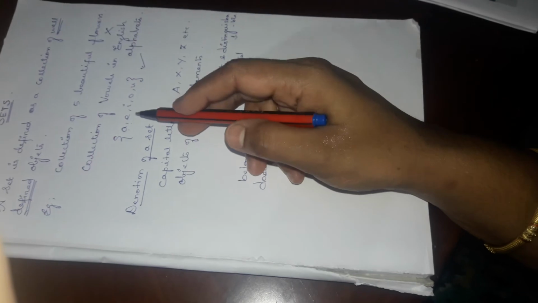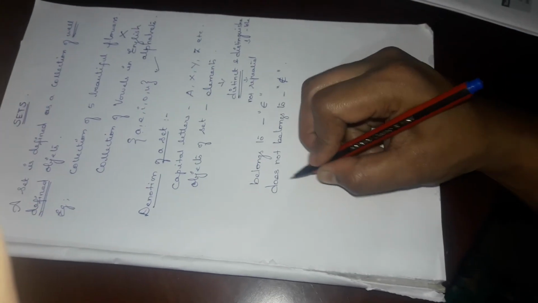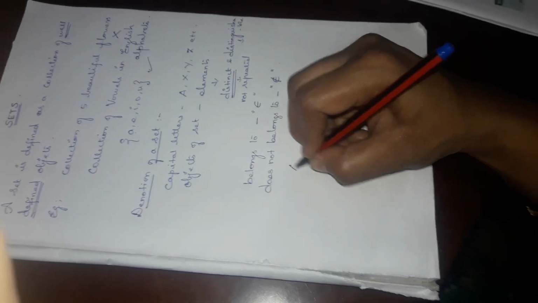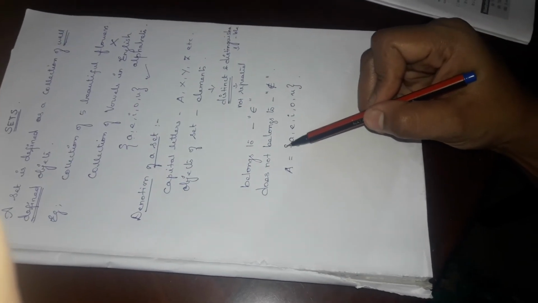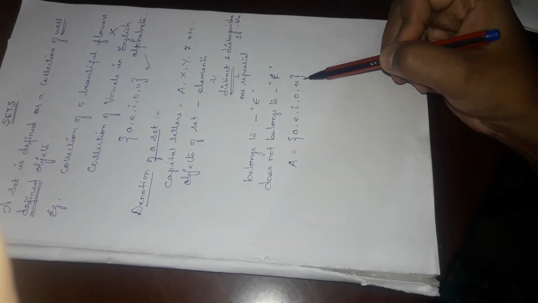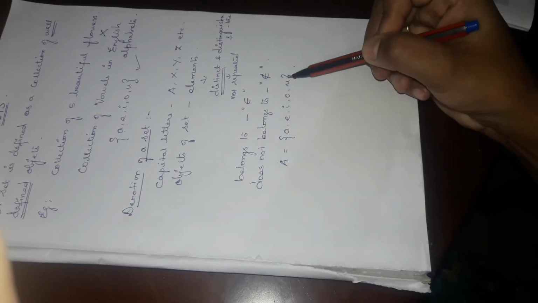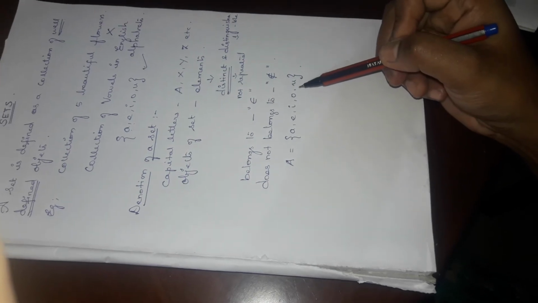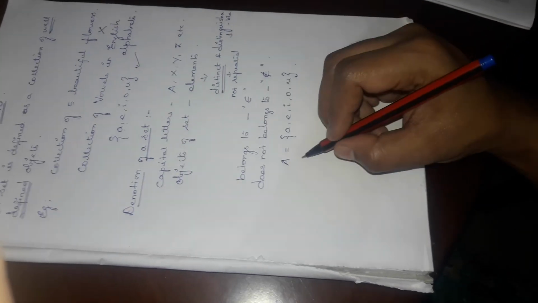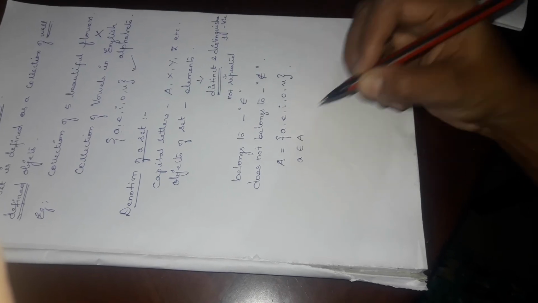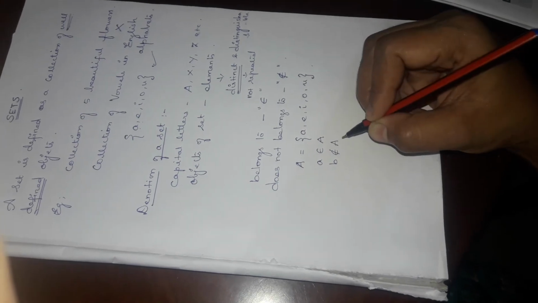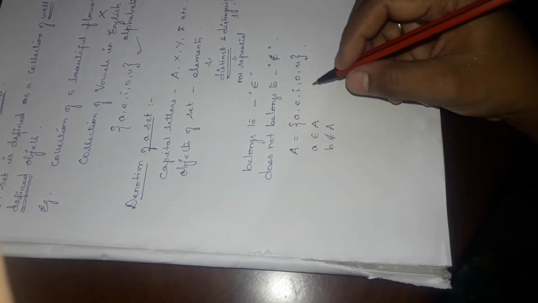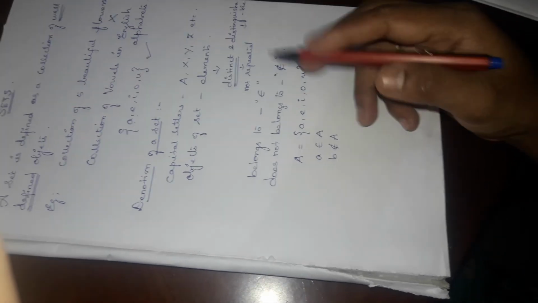So, for example, if we take the previous one, I am going to denote this set by capital A. A is equal to {A, E, I, O, U}. Each set is denoted within curly braces, and each element inside the set is separated by commas. And if I say A belongs to the set, it means A is inside the set. And I can say B does not belong to the set A, which means B is not in the set A. Hope you understood till this.